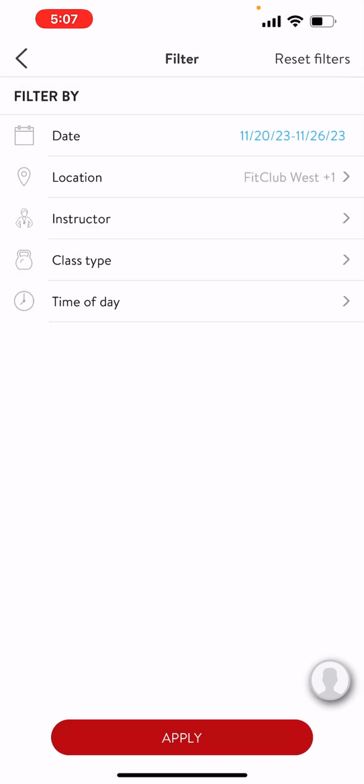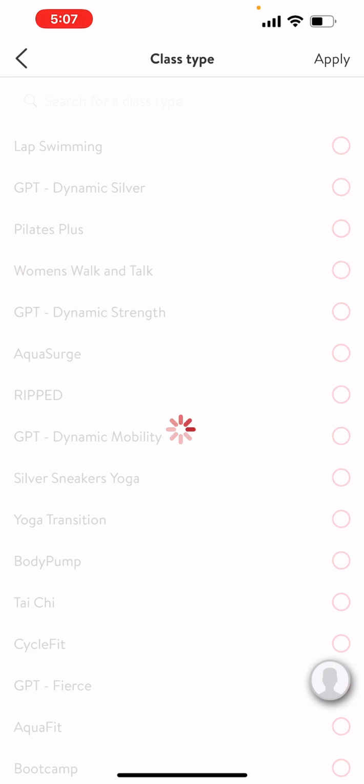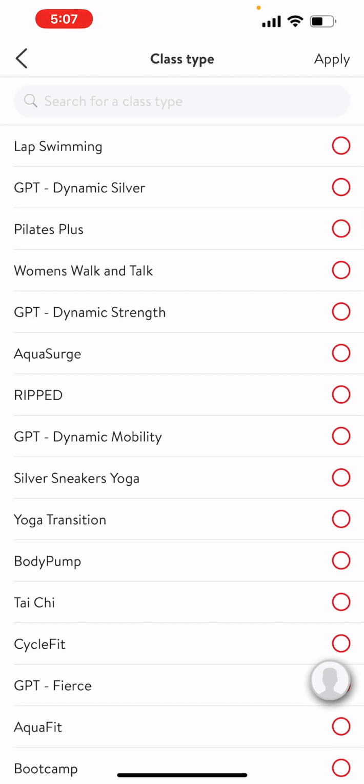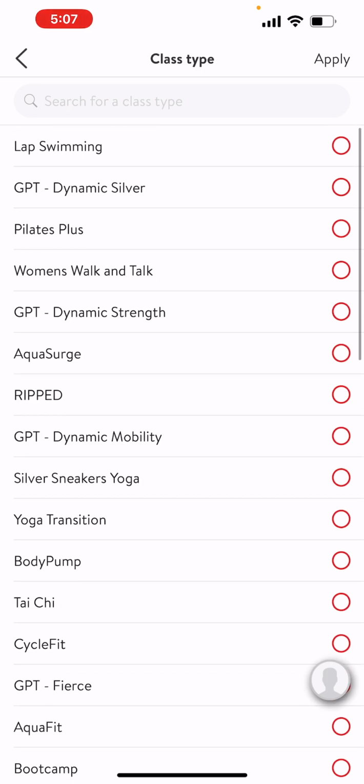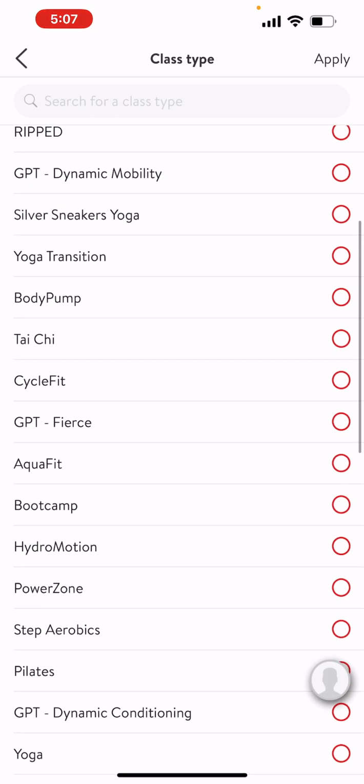Now we want to filter by class type. So we're going to tap on class type. And now you can see all of the activities listed here. So let's go ahead and pick some activities to filter. So let's see, let's do